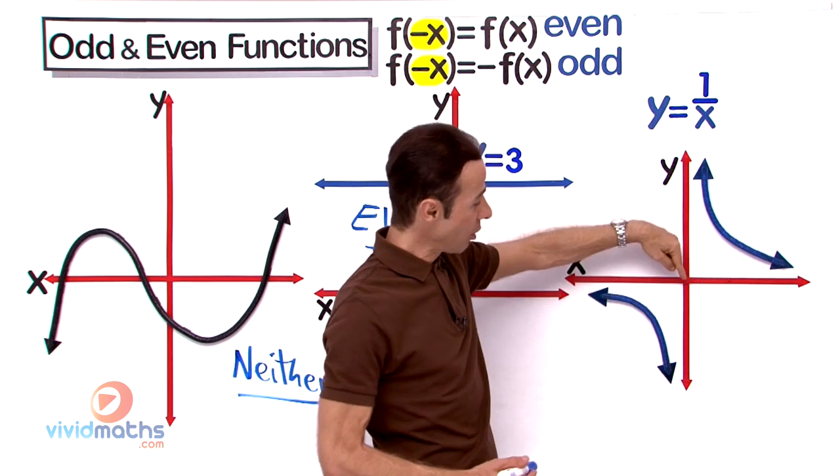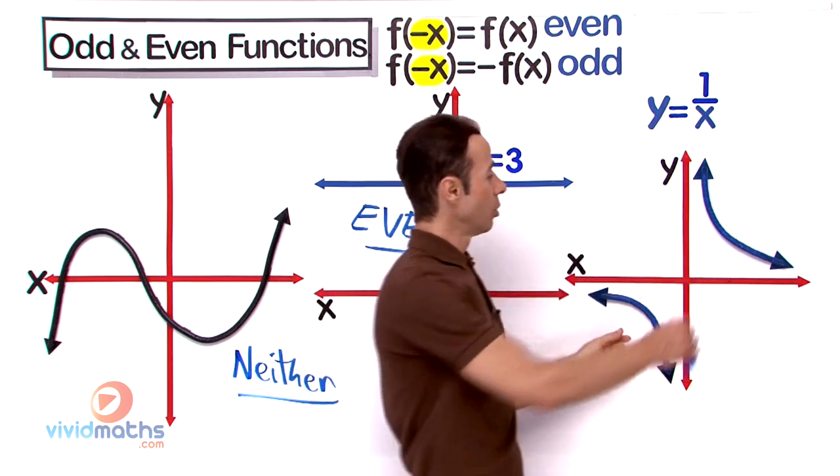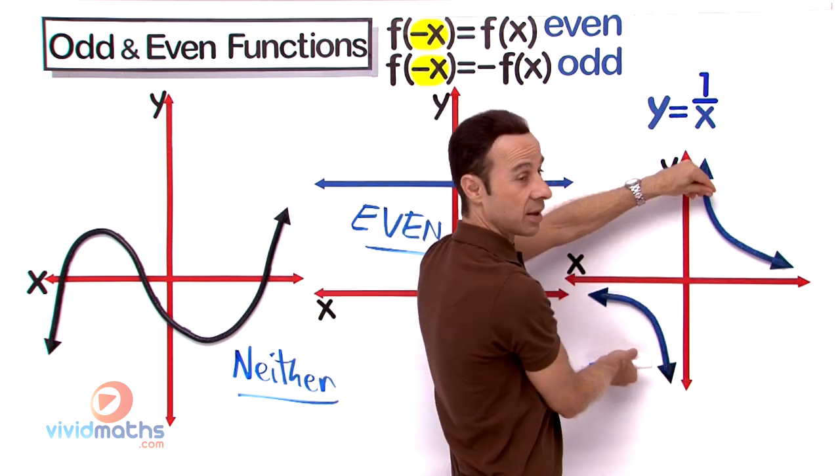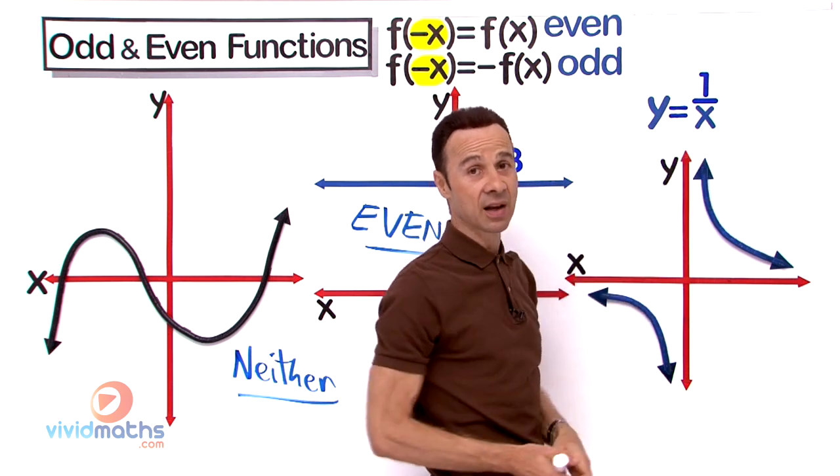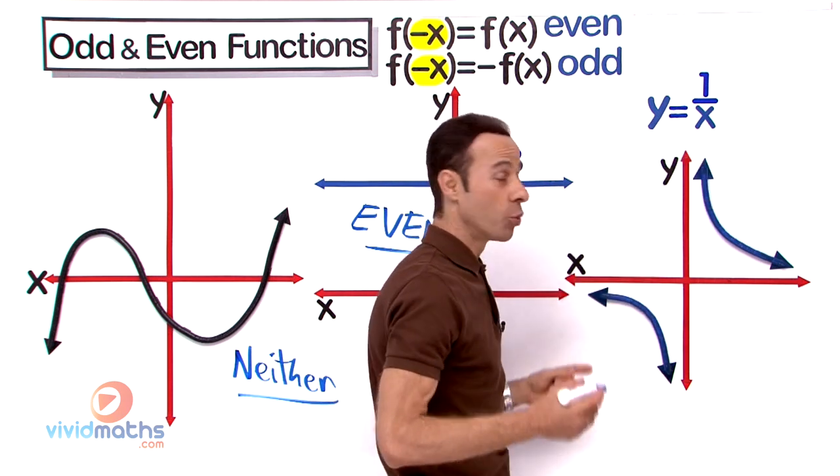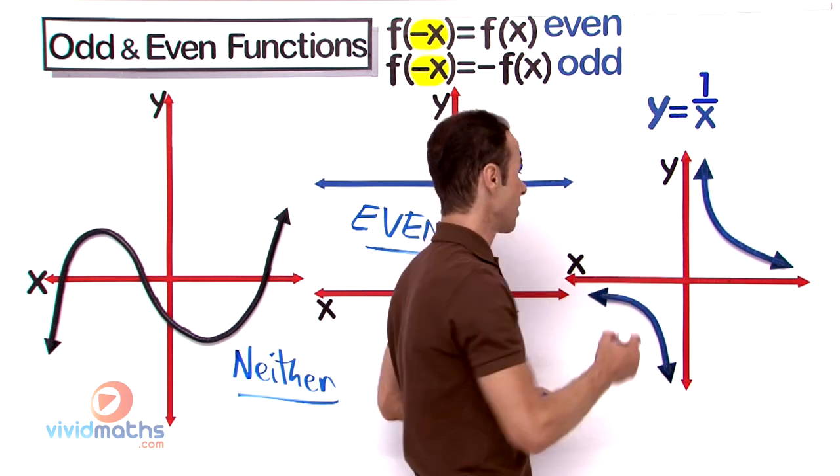So what if we rotate it about the origin? Well, if I rotate that, yes, if you can see that, then clearly you can rotate it about the origin, which means that this function over here is